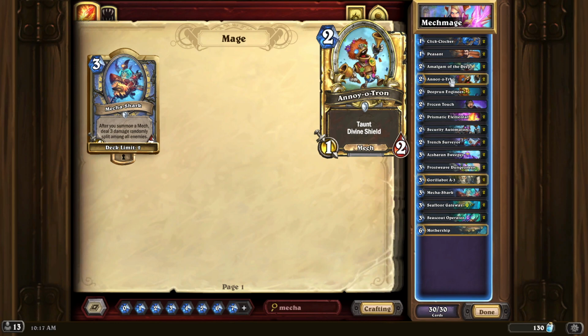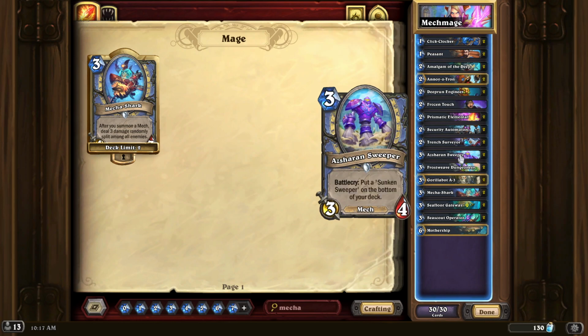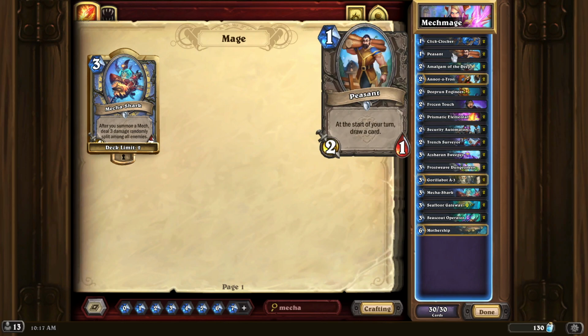Just pretty basic here. Taunt, Divine Shield. It's nice to get him out early. And here's another discovery. Make sure you discover a mech and not an elemental. I mean, I guess you can if you wanted to, but the mechs are what this deck goes around. And then these are just some early cost. Get it out, get your deck moving, because the faster you can get this deck to move,